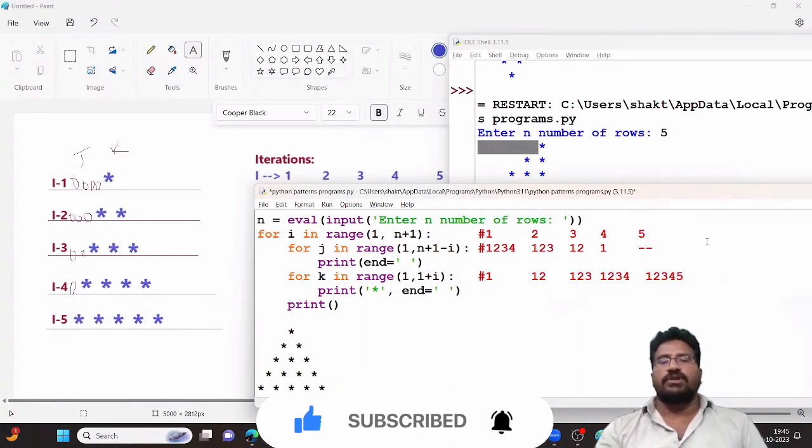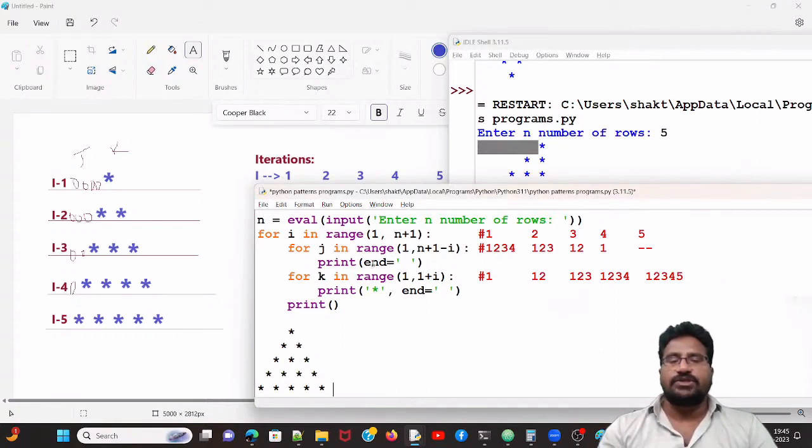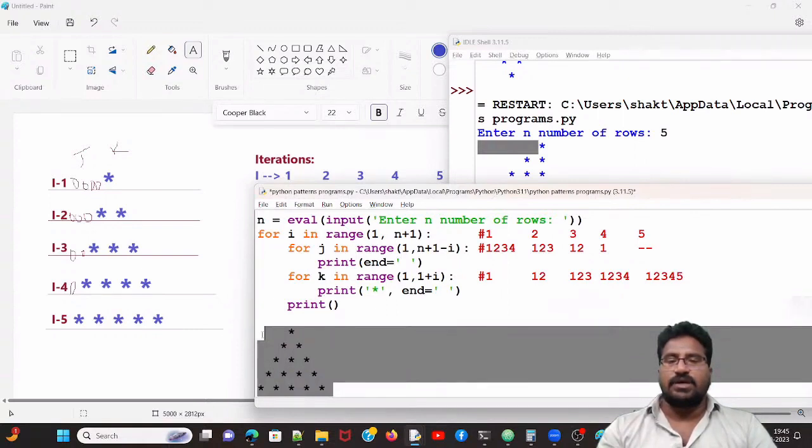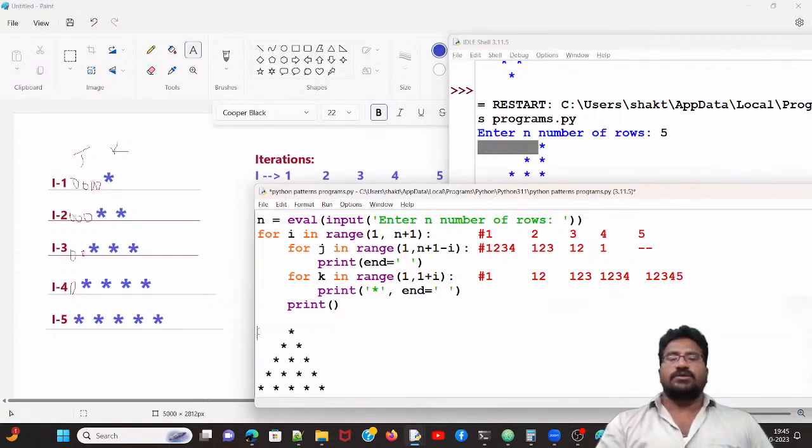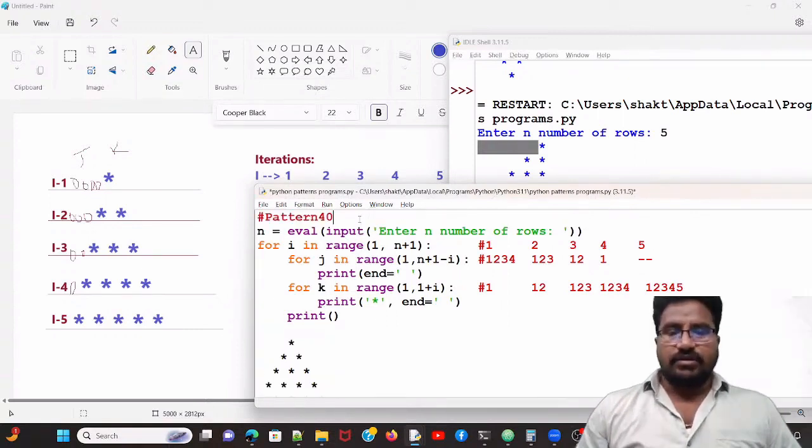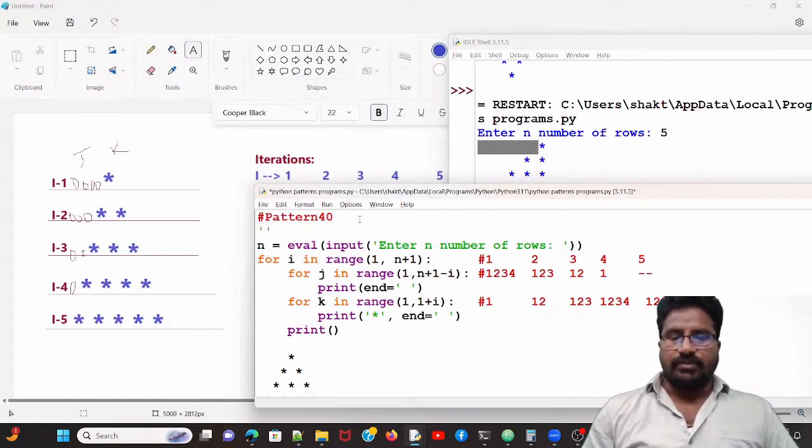If you delete a single space in the j loop, then the pattern changes, guys. The pattern changes like this. Okay. So this is a new pattern, that is number 40, right? Now